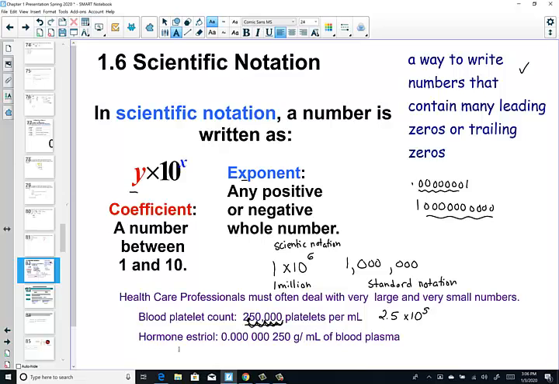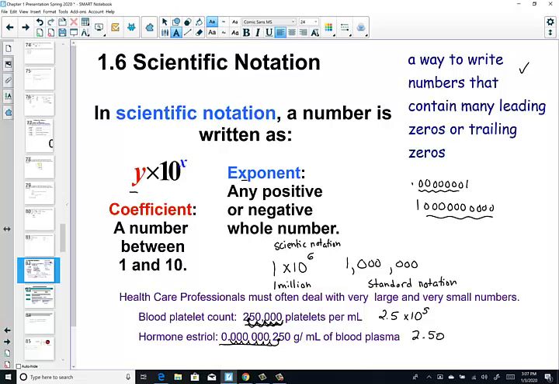Here we have a hormone, estradiol, found in blood plasma in a very small amount, 0.000000250 grams per mil. So again, you can see that this very small number would be quite tedious to write out in standard notation. So we use a technique known as scientific notation. We count how many places we move the decimal. 1, 2, 3, 4, 5, 6, 7 places